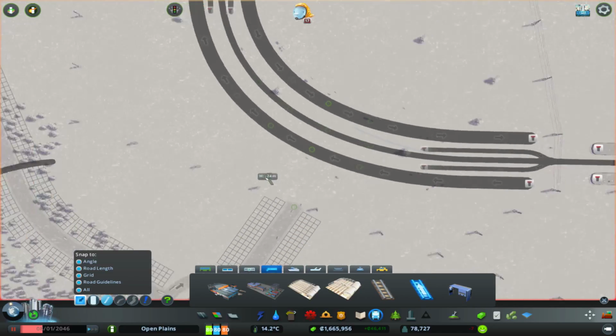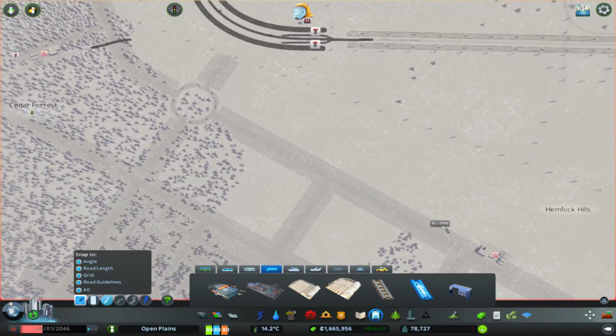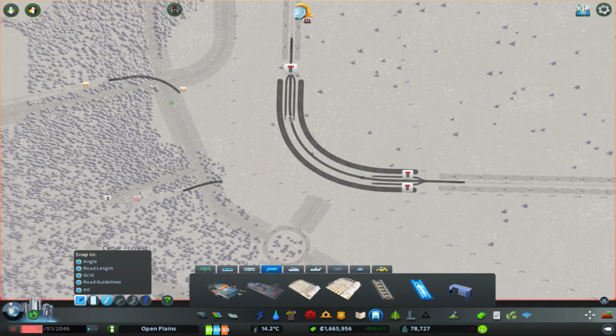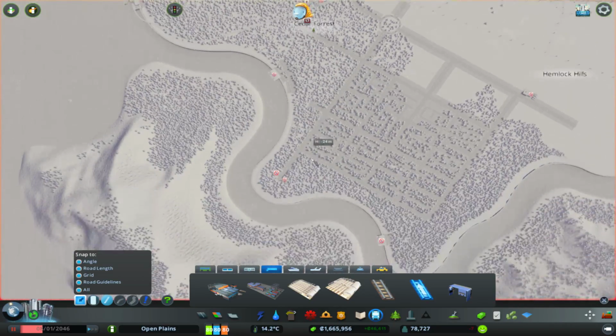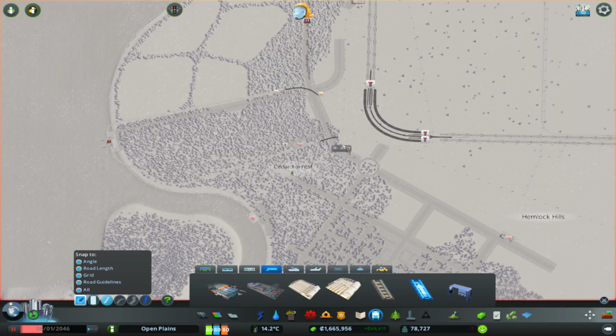So what I'm thinking is to do one off this way and one off this way. So we can do a big loop around this area and come back on. And that should be absolutely fine. It doesn't really matter that it's going to be quite a big track around this area. Because, I mean, as